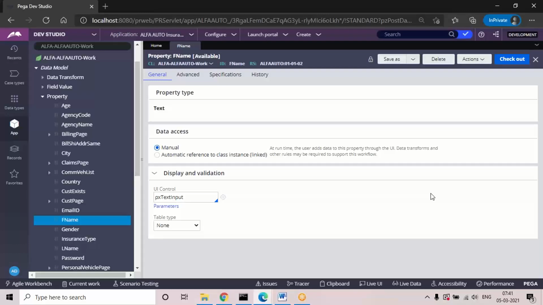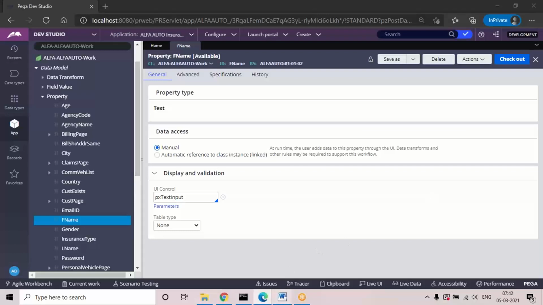If a rule is in the new version, it will show the option as checkout, which means no other person is using or accessing that particular rule. So whenever you see the checkout option, that rule is not accessed by anyone. If anybody is accessing it, you'll get private edit. So if nobody is working on that rule, you can see the checkout button, and checkout means it is available for modification. That developer who is seeing the checkout button can open the rule and modify it.